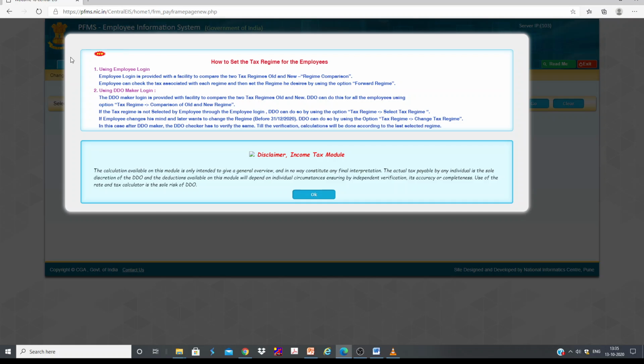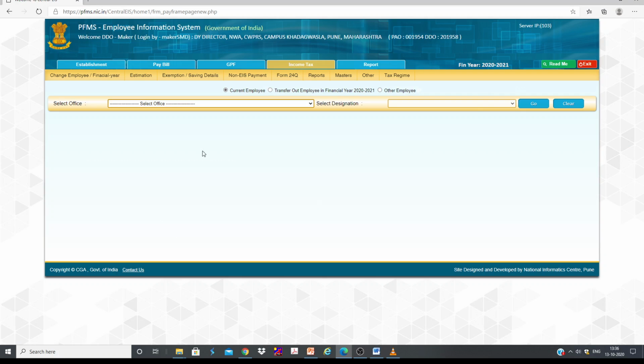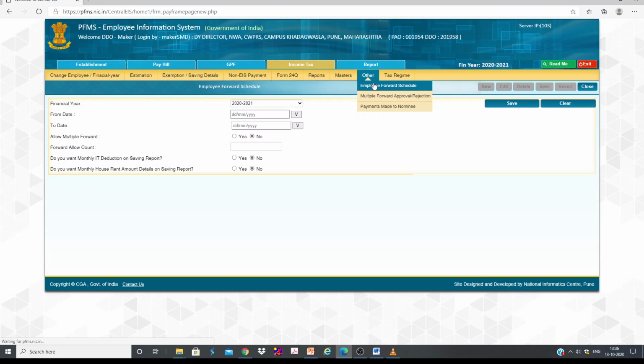Of course, here you can already see one notice popping up, how to set the tax regime for employee. It can be done either directly at employee level, by logging in to each and every individual employee, comparing, and forwarding the same to DDO by using the option forward regime. Or the same can be done at DDO Maker also. First, before that, let us make one setting here, that is click the option others, go to employee forward schedule,